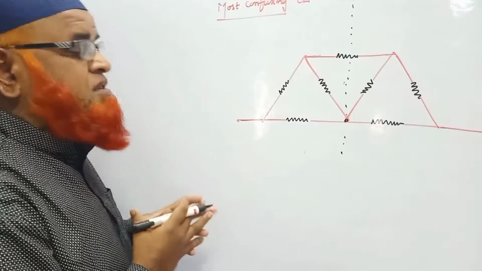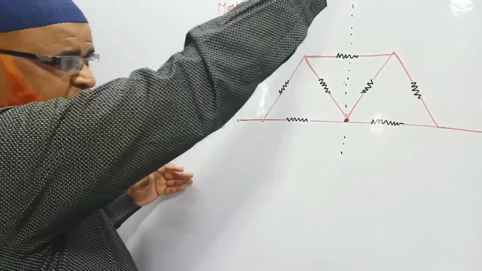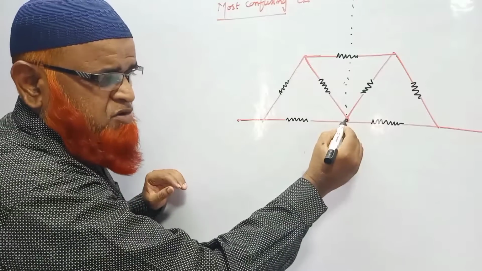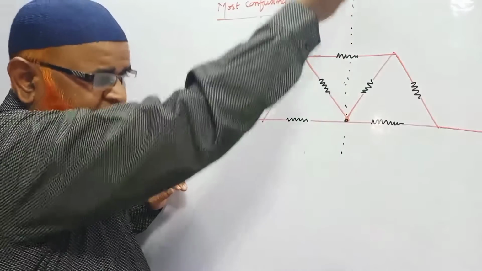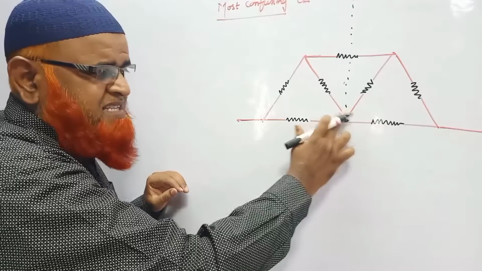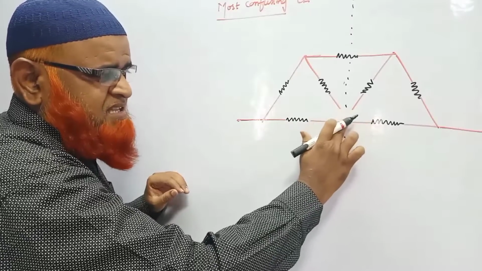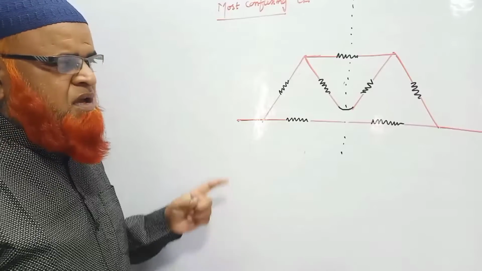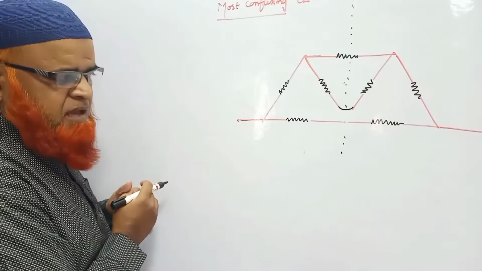So how are you going to solve this type of circuit? Whenever symmetry comes, wherever the circuit is going to join at the line of symmetry, you can disconnect that. You can just disconnect the circuit and join like this. Hence, it's very simple now. You can solve the problem very easily here.